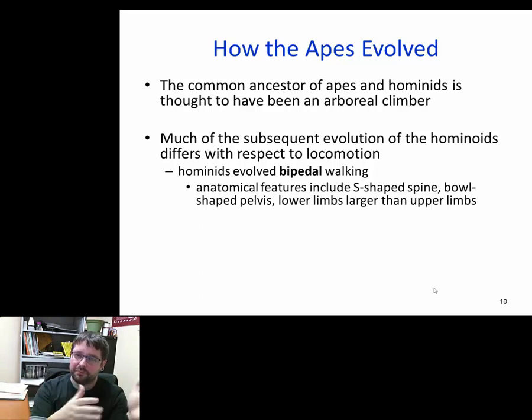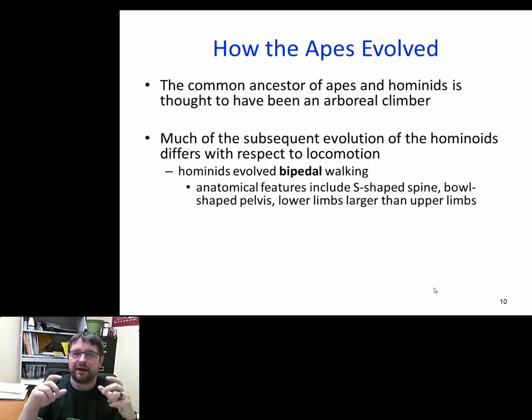Now, chimpanzees, can they walk on two limbs? Yeah, they can. They can walk on their hind limbs. Are they good at it? No, not comparatively to, say, humans or modern humans. But the ability is still there. But because we went bipedal, a lot of adaptations had to occur.